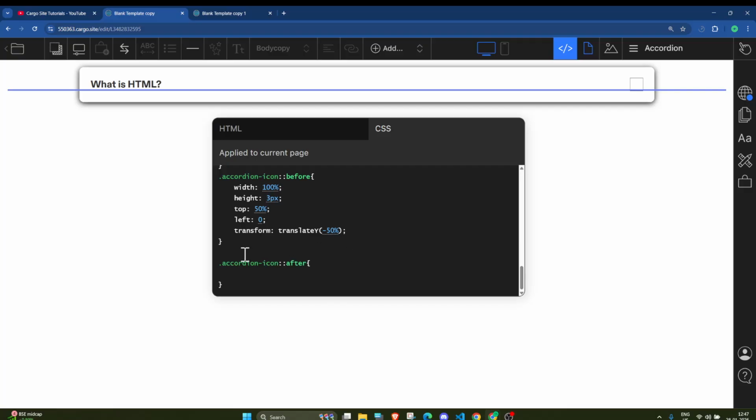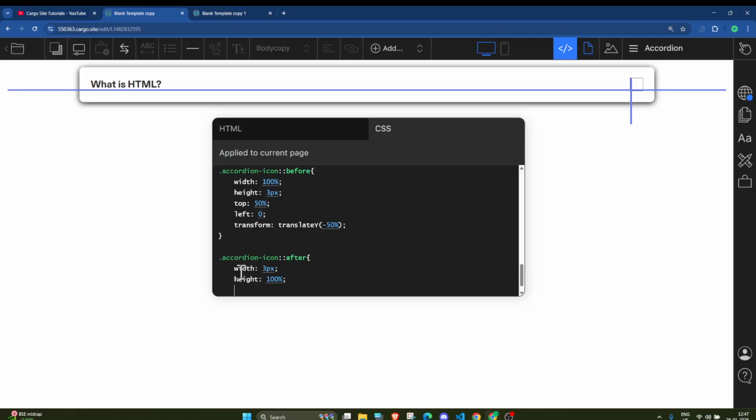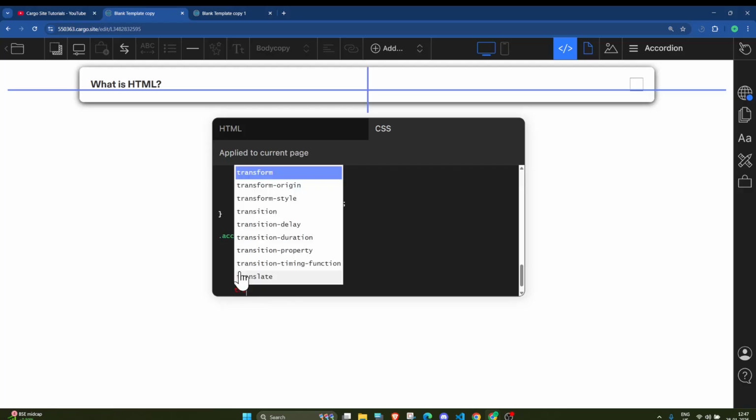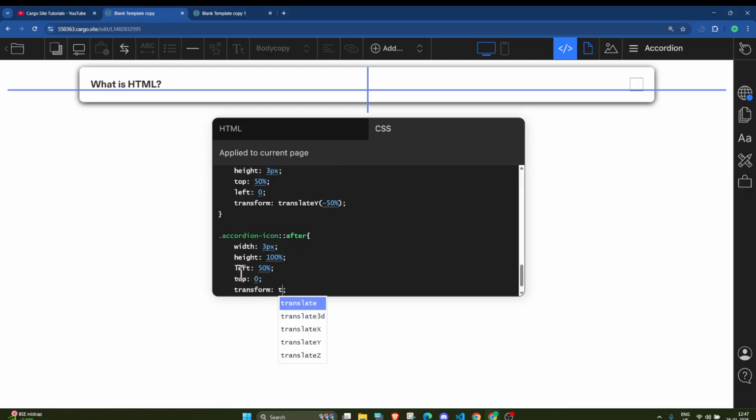And now I will add a few more CSS here. Width 3 pixel, height 100%, left 50%, top 0, transform translate y minus 50%.